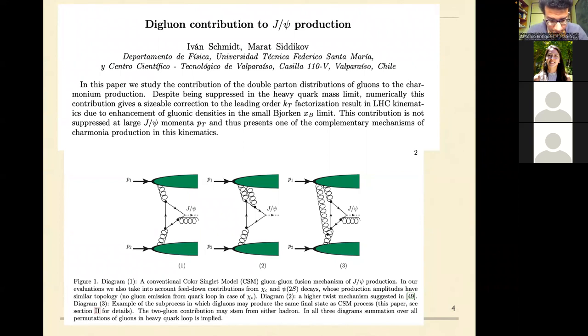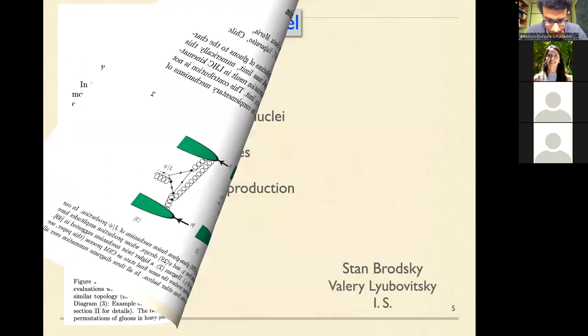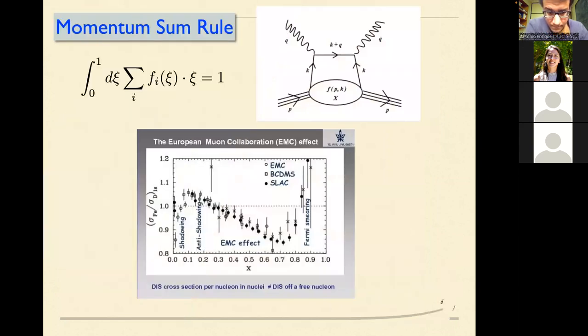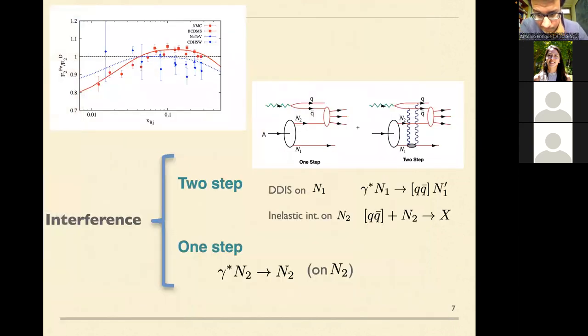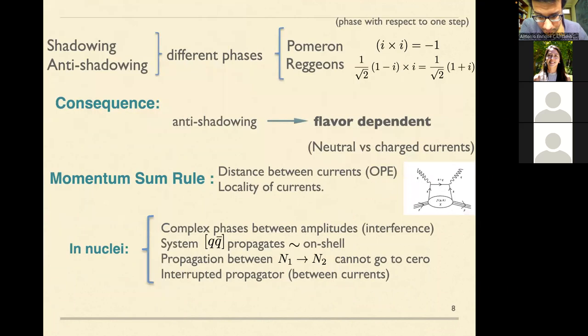Yeah, you mentioned your work in the anti-shattering region, which you explain by the interference between the Reggeon production and the Pomeron production. I'm wondering if it's possible to guess what could be the effect in a polarized measurement of that process. Because in the not so distant future, we have an experiment that is going to do that. That's a good question. That's a good question.